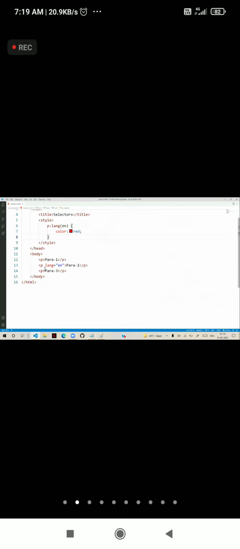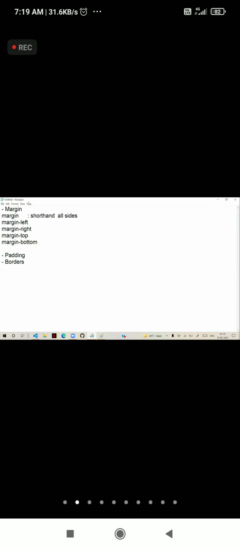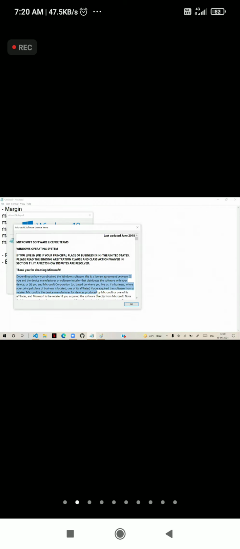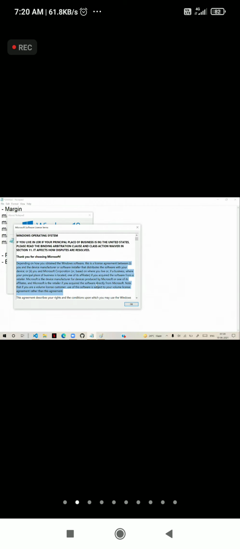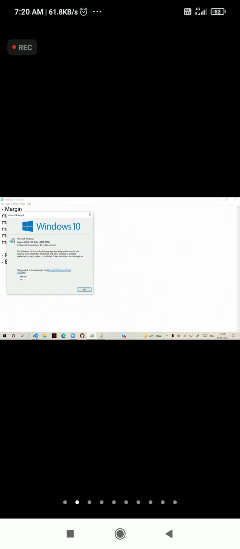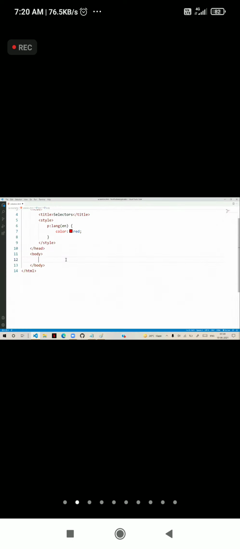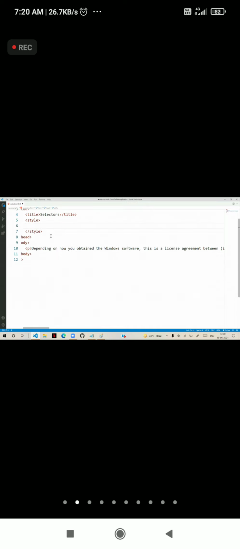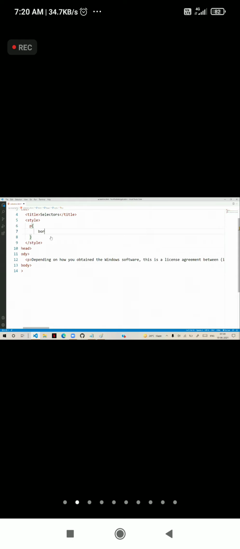For example, if you have some paragraph here, let's put some paragraph. I'm just adding a paragraph, and I'm applying the effect here. For the paragraph, I'm giving some border as 2 pixel solid.